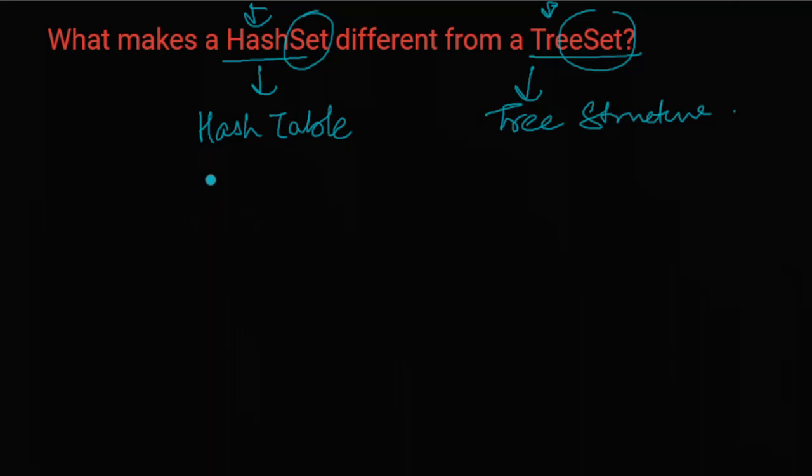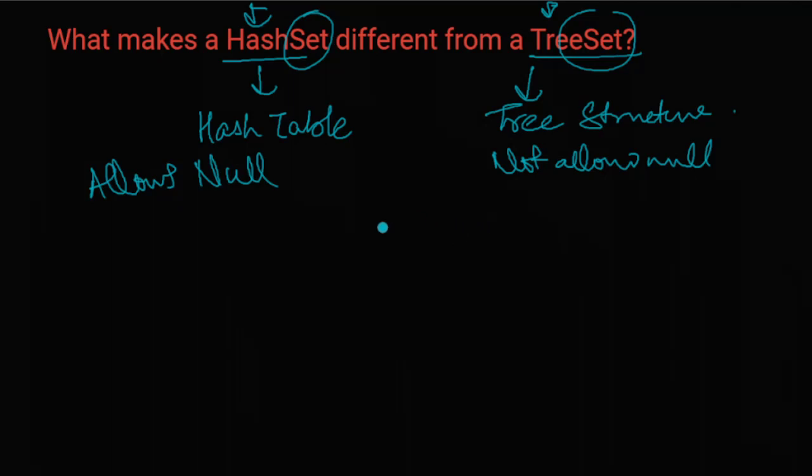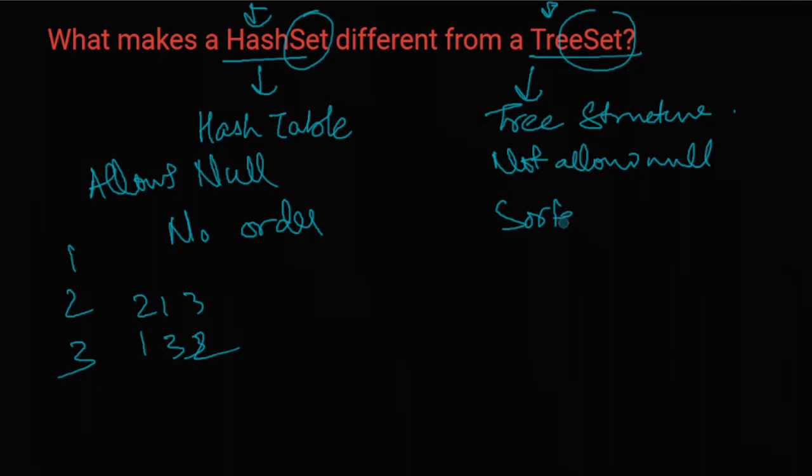Okay. Now, hash set. So we know every time a hash table will be running, so this can allow nulls. But if you talk about this, they will not allow null. Then ordering, that's one of the most important parts. As we know, whenever we run a hash set, there's no order. Maybe you entered 1 2 3, but you can get an answer like this, anything. This order is not followed, but here we have a strict sorted order. This is one of the most important ones.